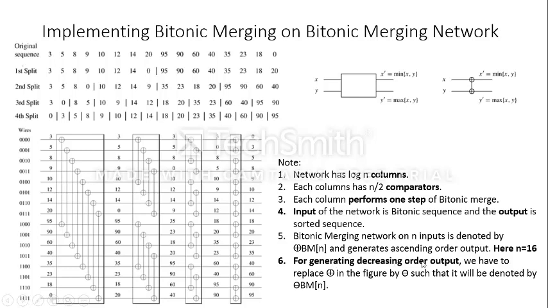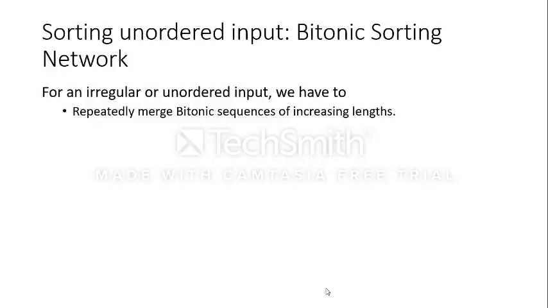Now for generating the decreasing order output, we have to simply replace the positive signs with the negative signs, such that it will be denoted by the circle negative sign BMn, where n is the value 16. So if I arrange the output into the decreasing order, then it will become circle negative BM16. Now, when we shall perform the sorting of the unordered output,